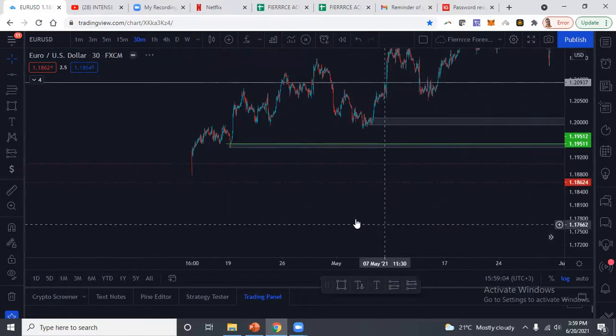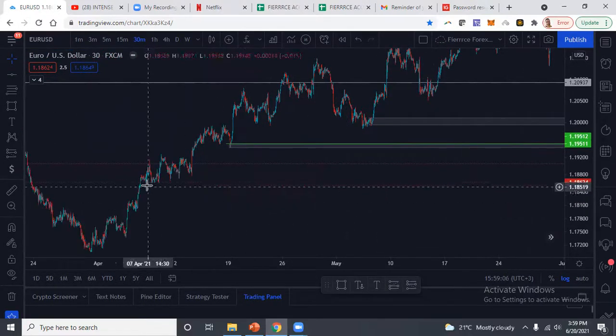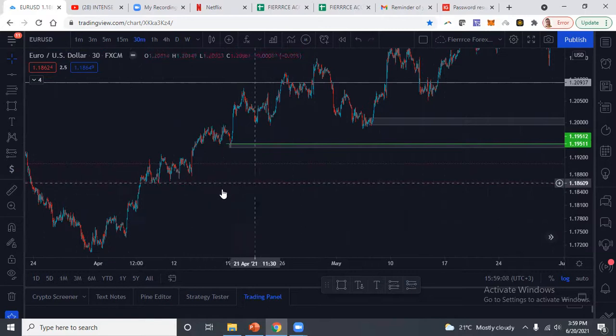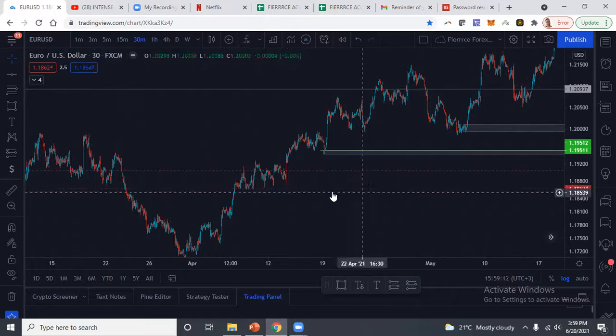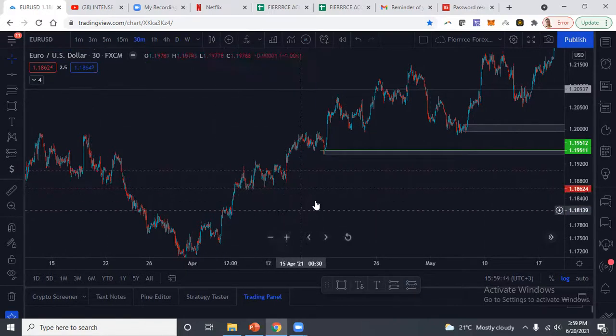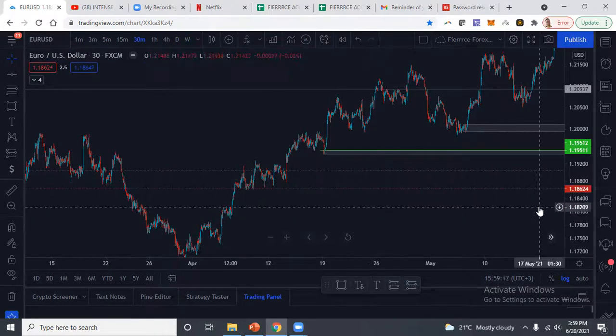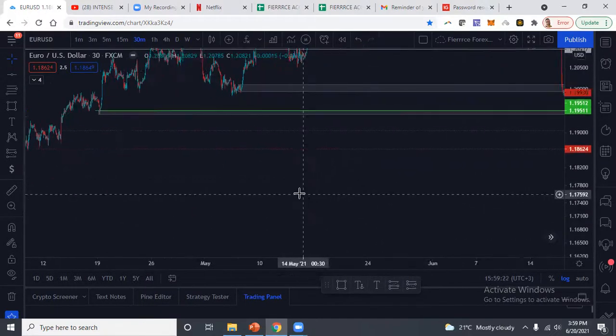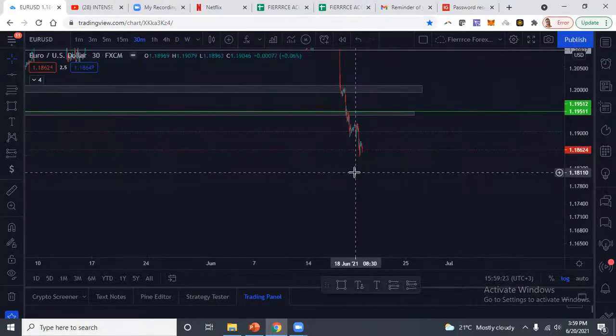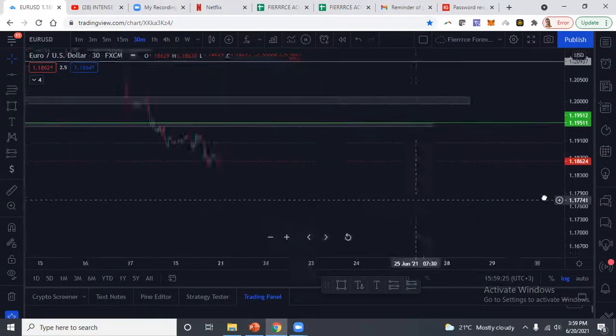When I look left, yes, we are just at this important support and resistance level. So this could be it, or we could just break it and continue all the way to the downside, and just grab some liquidity on this lower end. But we're still looking bearish. I would like to see how the market opens.